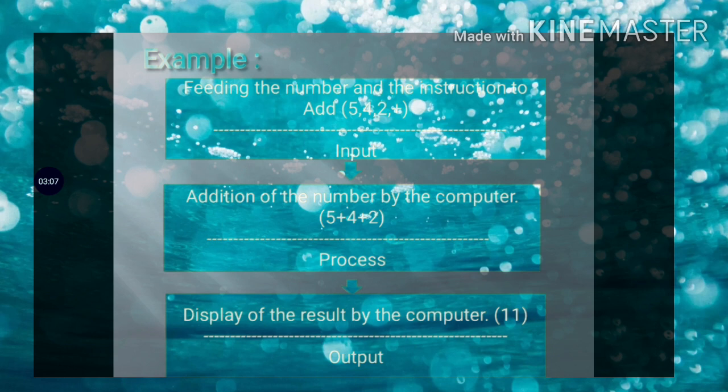That is the output. First we give the raw data, 5, 4, 2, then the addition symbol. What do we want the computer to do? Addition. Then the process is performed inside the computer, and it gives 11 as the result.